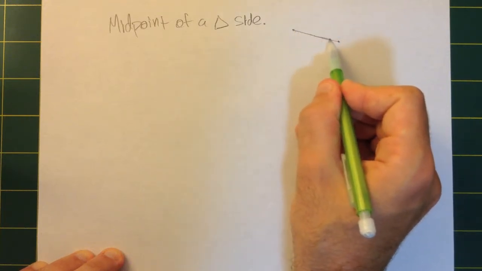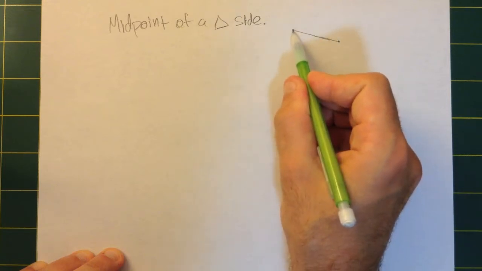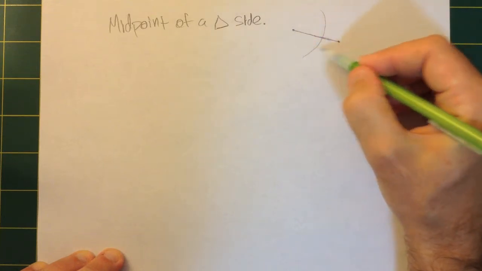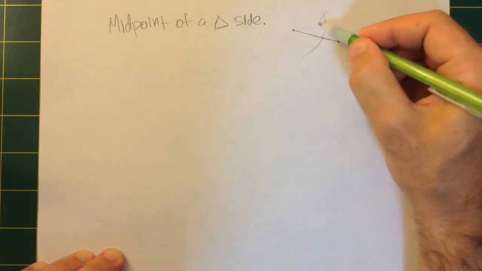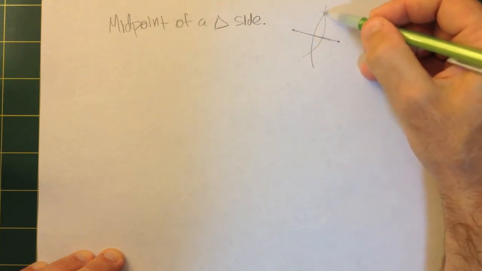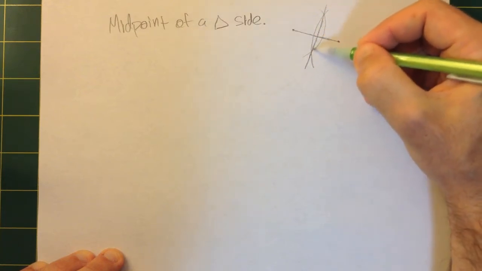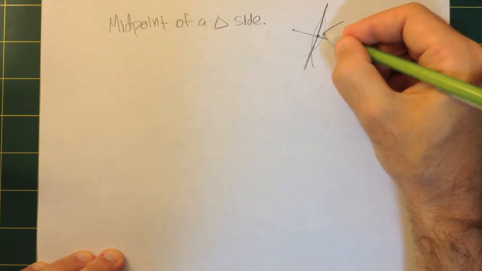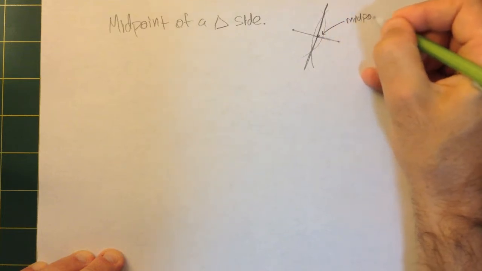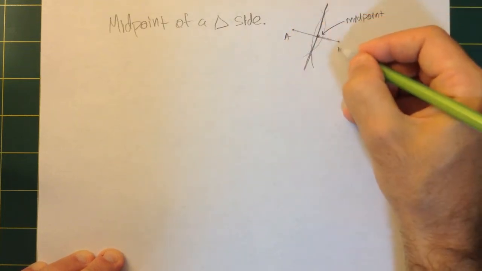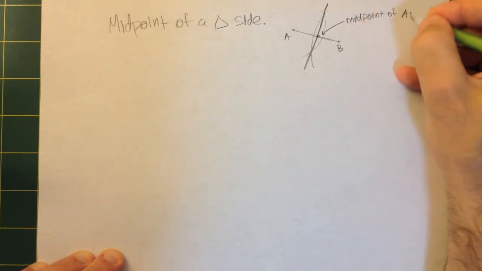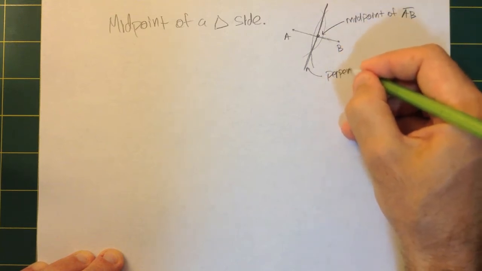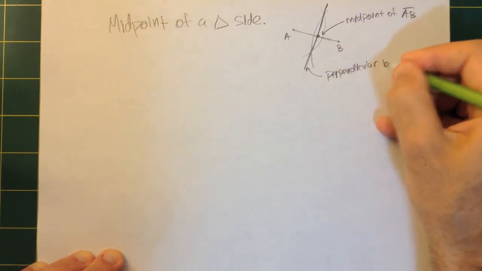And the way I find exactly where that point is, I center my compass here, open up more than half, and put some arc. Then I flip around to the other side of the segment and I make the exact same arc. And when I connect through those intersection points, I get two things. Right here, I get the midpoint. And let's say this segment was called AB, so this is the midpoint of AB. And then this is the perpendicular bisector